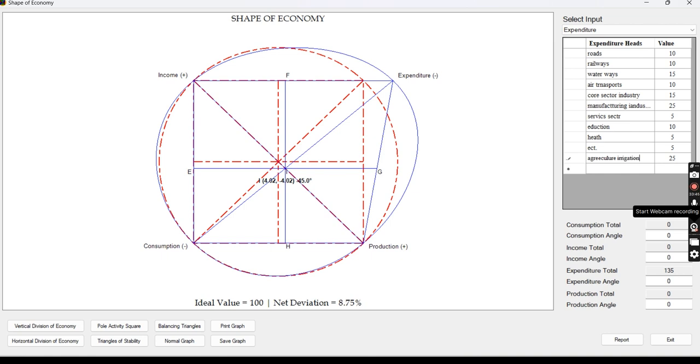Therefore, if you want to increase any productive activity, you will have to incur expenditure, and there you will have to place the core of the angle ruler, and then start the input column in which direction